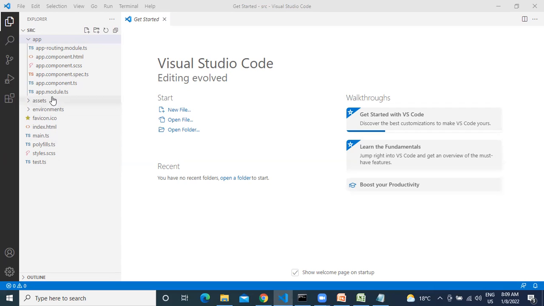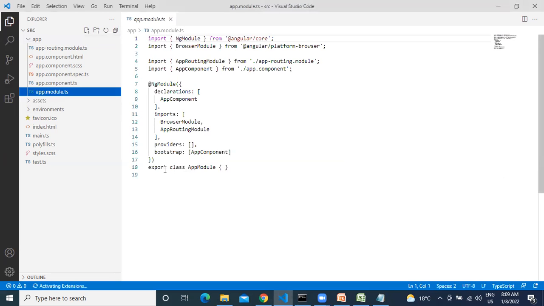Your answer is correct, but it is perfectly wrong as phrased. Why? Because you are not defining it in a bootstrap as the app component; Angular defines it in the app module with a bootstrap. You need to answer like this, but your intention is correct. In app module, for the bootstrap, you specify the app component, then the app component will be the initial component. Yes, we know all these things, but we need to go the exact and correct way.